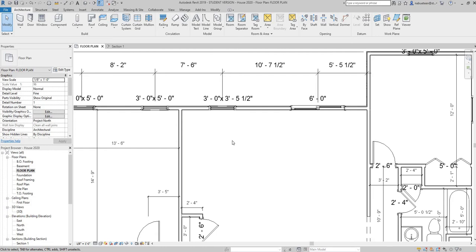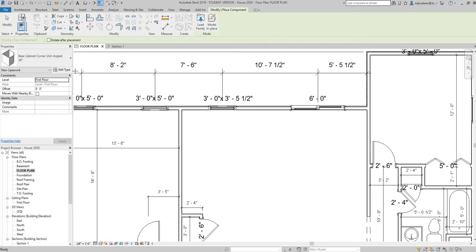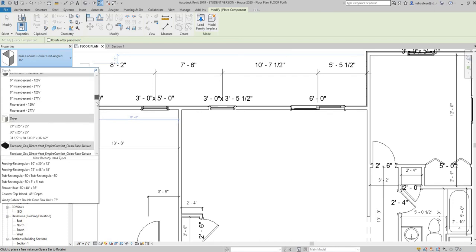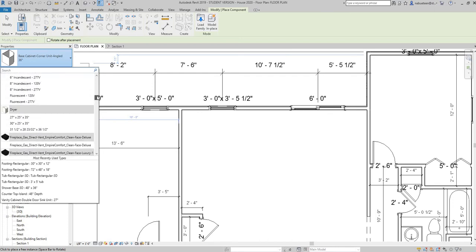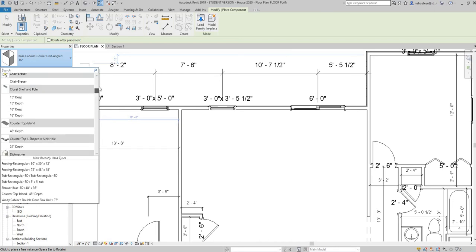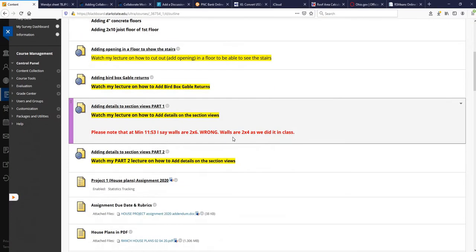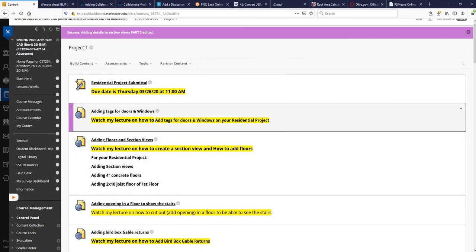Cabinets are basically modeled, therefore they will be in your Architectural tab under Component. So when you say place a component, here it is, and just like anything else, a lot of stuff like the doors and the openings and fixtures and countertops and so forth, we need to go and find the cabinets. In addition to this, if you recall, with Blackboard, under your project one folder